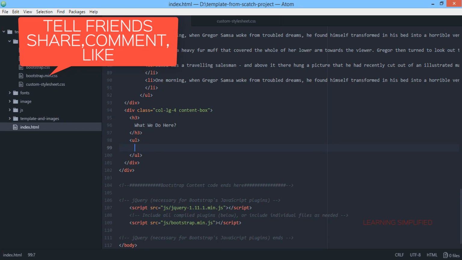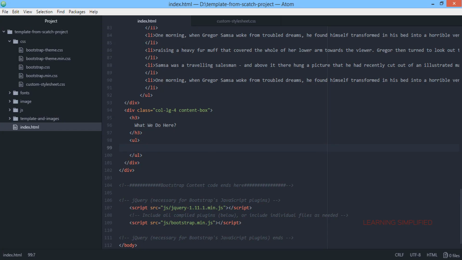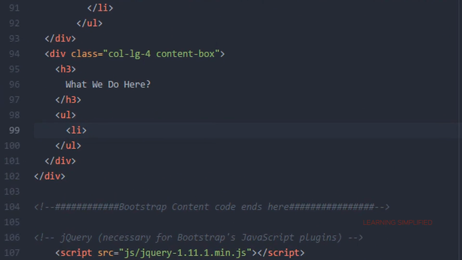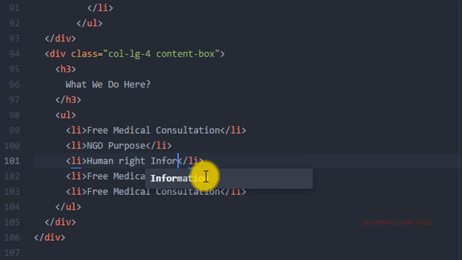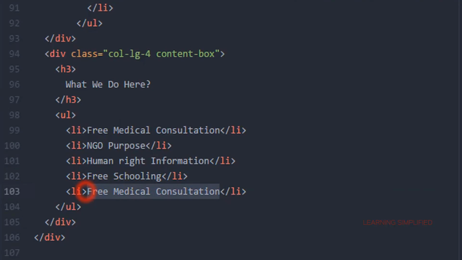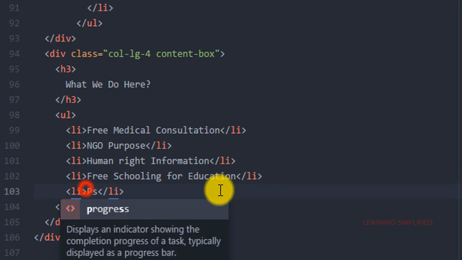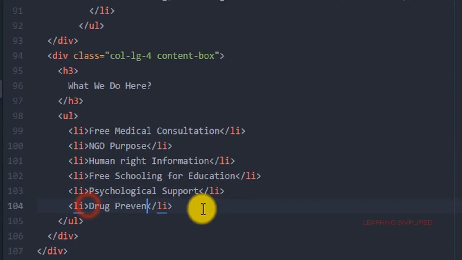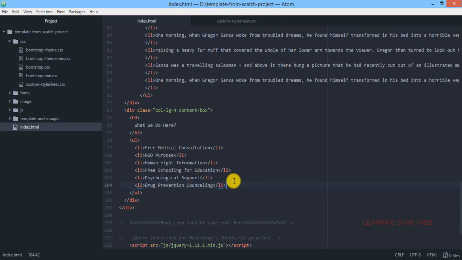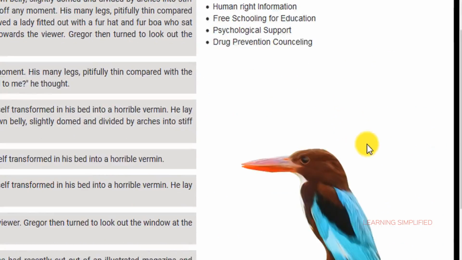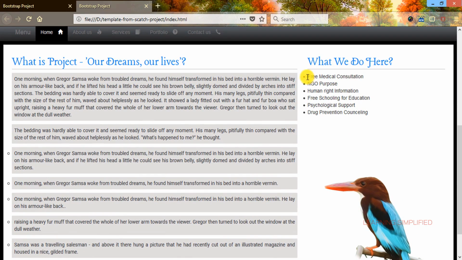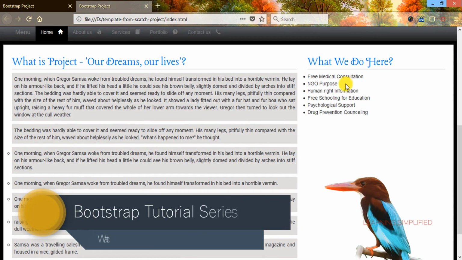We are introducing another unordered list over here, and inside now we have created all those things over here. So if we get back into our project and reload, we can see that all these things are now appearing here, all those list items we have created so far.